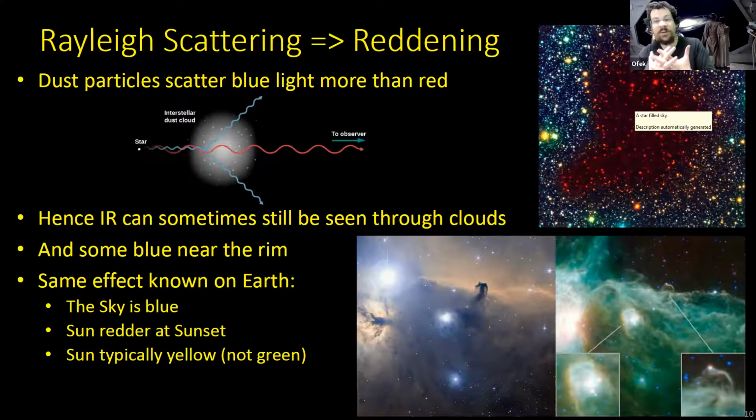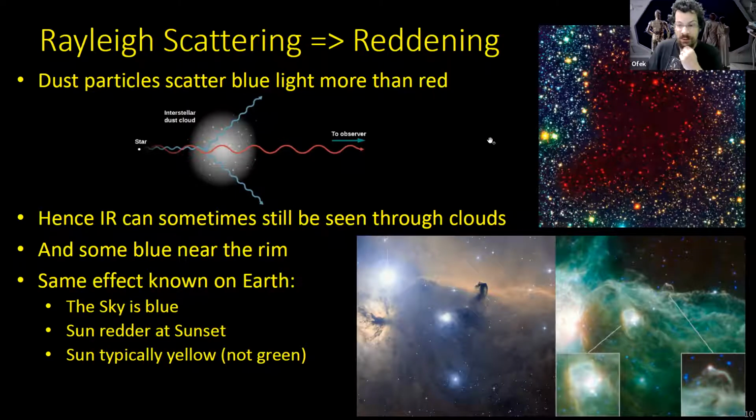So this is kind of the ultimate proof that it is in fact a dimming or scattering process which is preventing some of the light from coming to us, this extinction mechanism. And we already mentioned that the sky is blue, and the sun is red at sunset, and yellowish, more yellow than its black body color would determine. All of these are effects of Rayleigh scattering through clouds of dust in nebulae and in the interstellar medium.